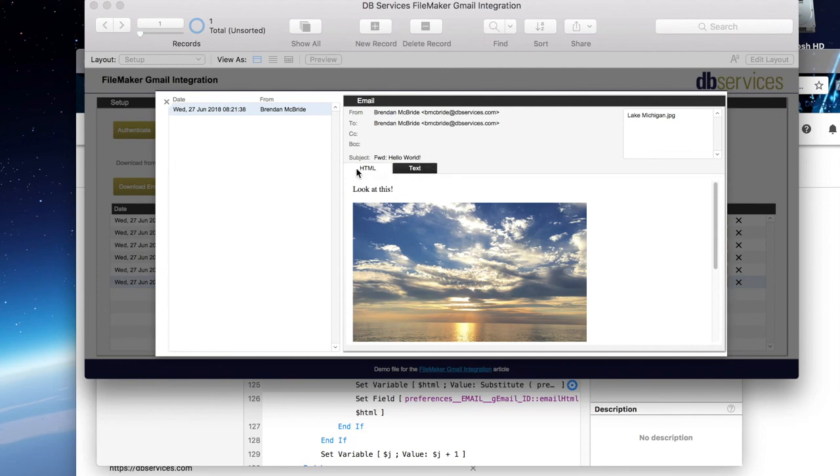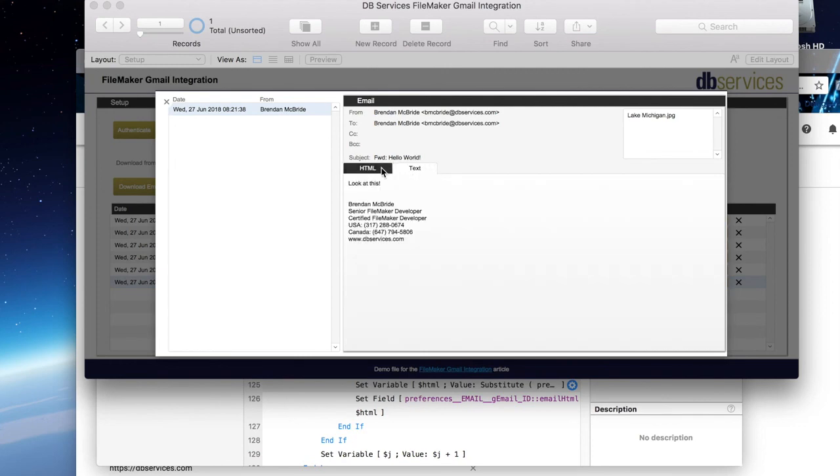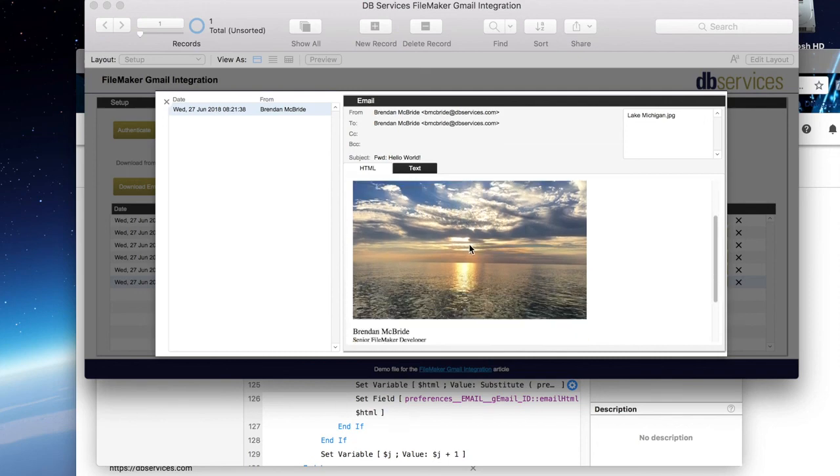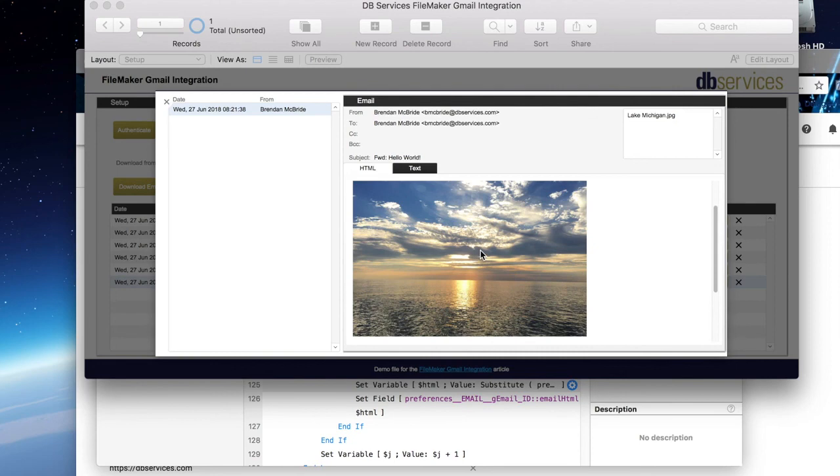So if you see here, we have an HTML version and a text version, but this image we actually had to manipulate a little bit, or the HTML we had to manipulate a little bit after we pulled it in from Gmail so that we get the image to show in FileMaker the way that it's intended to look inside of Gmail.